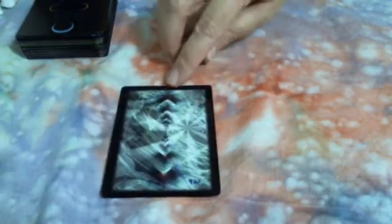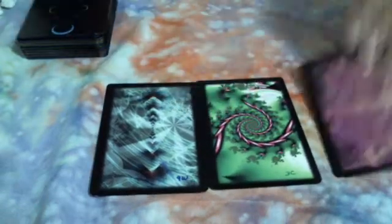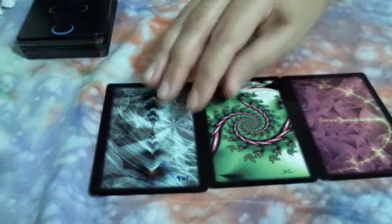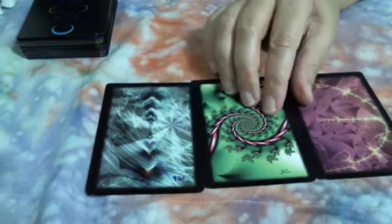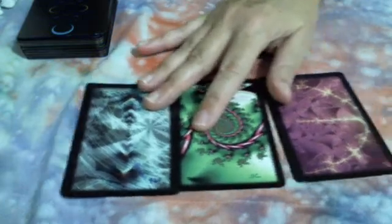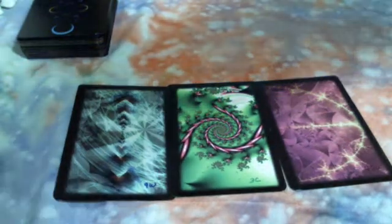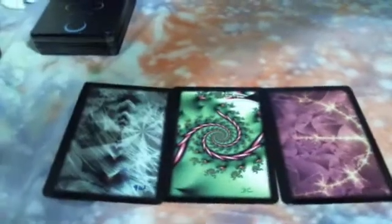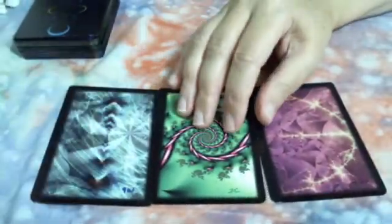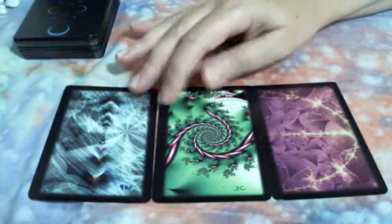Oh, that's weird. All right. That's interesting too, just for the colors. Okay, so I wanted to use the Fractal Tarot. I'm going to move my webcam a little bit here. Sorry about that. Because of the colors